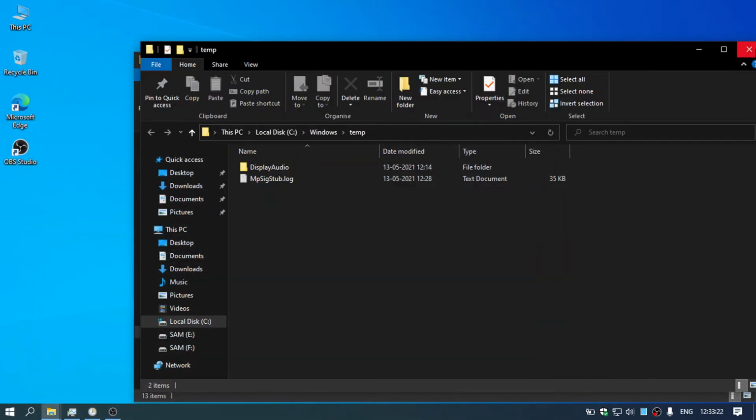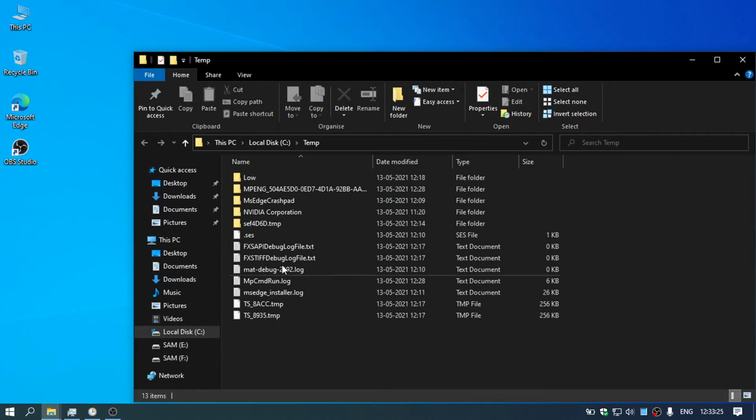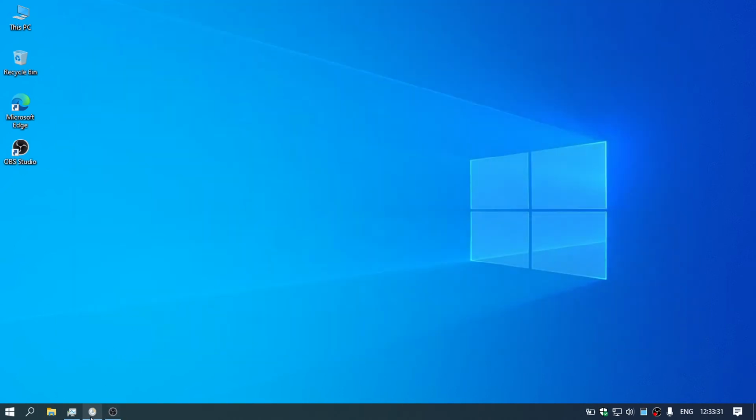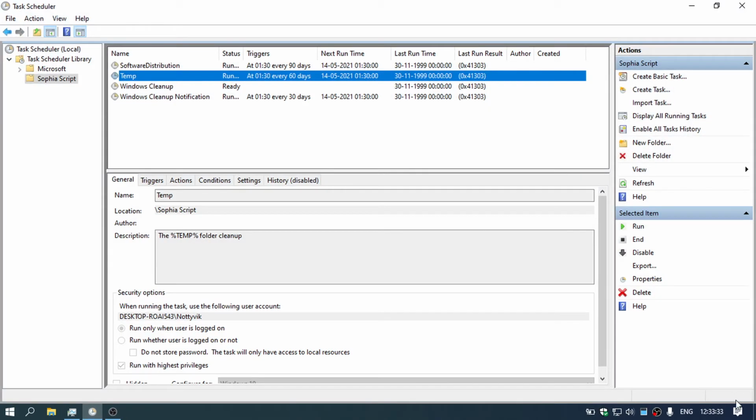All the files from these folders are cleaned. All the files from these temporary folders are cleaned, but we can do this manually also. So I will prefer to do it manually.